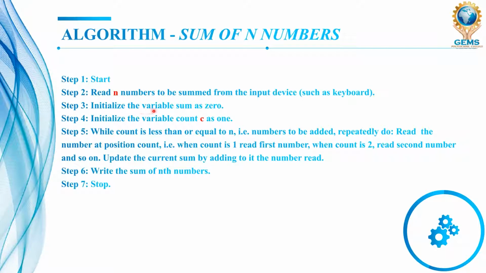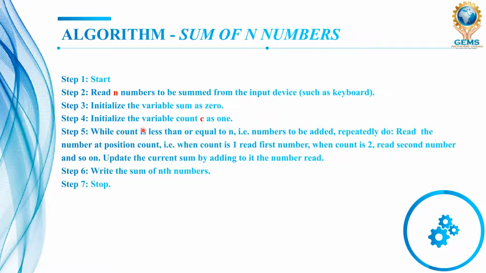Step 3, I initialize the variable sum as 0. Dear students, let me make a point here. I have taken one variable, the variable name is sum, and I initialize it as 0. Why? Because the compiler should not carry a garbage value while storing the number in sum, so that when any number is added to the sum, it already has the initial value 0. So 0 plus any number becomes the same number, nothing changes.